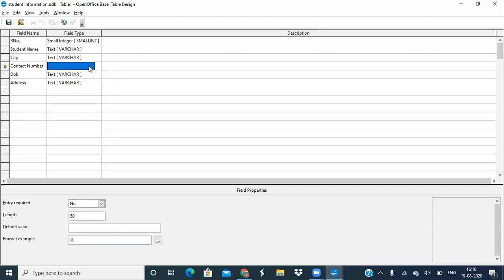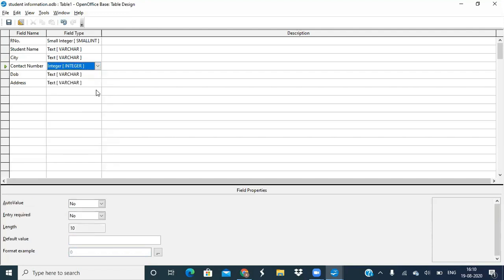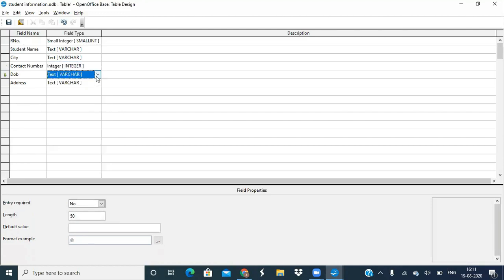Next is your contact number. It comes in the digits, and the contact number, if you want to store the mobile number, it takes the 10 digits. So you can take the integer. But if you want to store the country code also, then country code also contain the 2 digits. That means the total field length is your 12 digits. So you can take the big integer if you want to store the country code. But I am taking only integer because I only want to store the contact number.